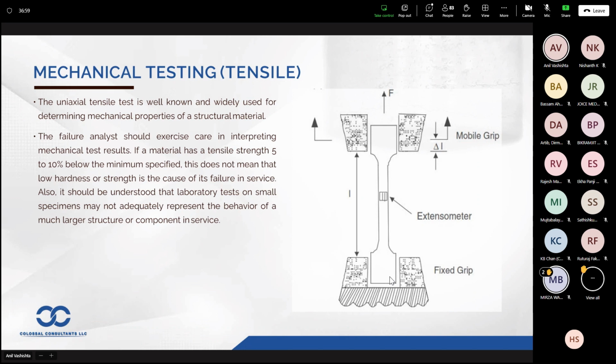For those who have heard of the tensile test, I'll just have a very quick video on it so that you understand what is done during a tensile test. We should be very careful while interpreting the mechanical test results, because sometimes, for example, the material specification says that the tensile strength should be 500 megapascal, just an example. So if the material has 5 to 10% below the minimum specified, if it is say